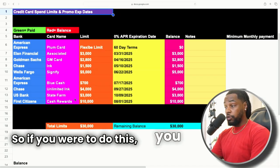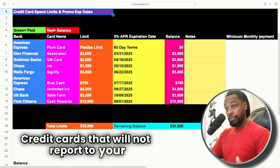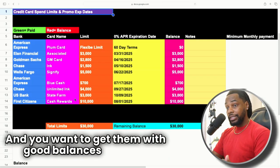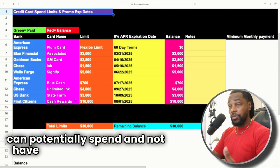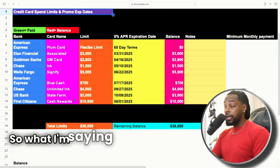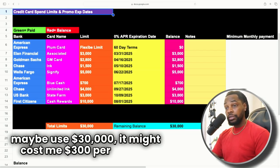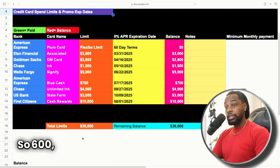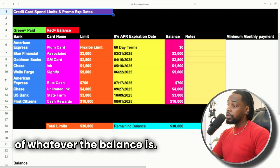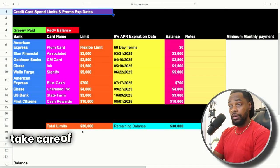So if you were to do this, you would want to make sure to get approved for business credit cards that will not report to your personal credit, so it doesn't affect your utilization. And you want to get them with good balances that you can potentially spend and not have to pay interest on. You will have to pay about 1% of whatever the balance is. So what I'm saying is, in order for me to maybe use $30,000, it might cost me $300 per month. Sometimes it's 2%, so $600, where you have to at least make the minimum payment. The minimum payment is usually 1% of whatever the balance is. So collectively for all of these, it would essentially be $300 a month for me to take care of the